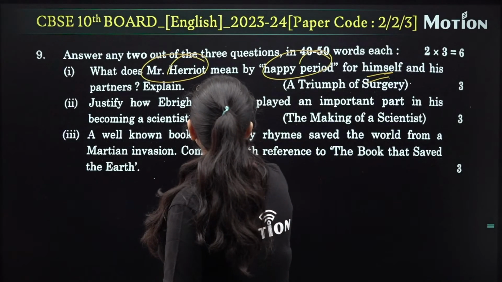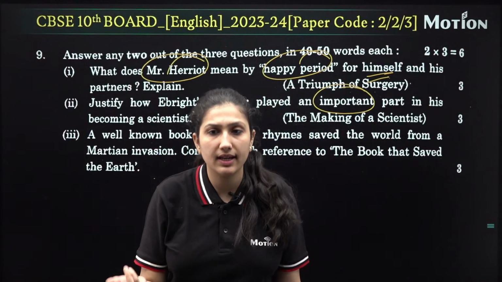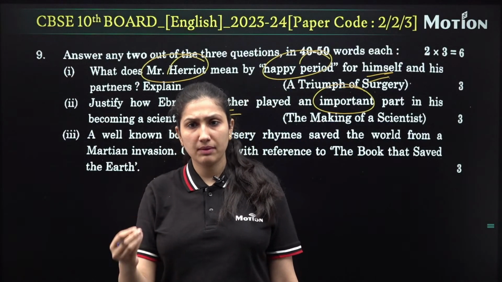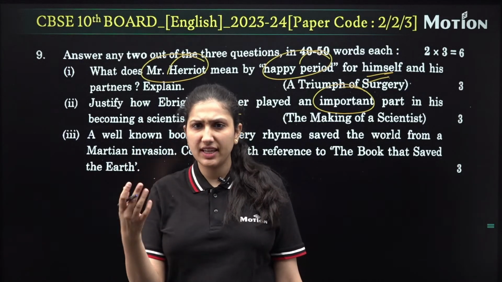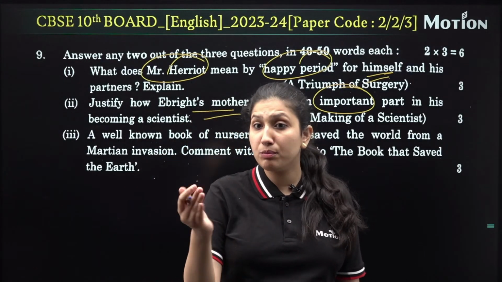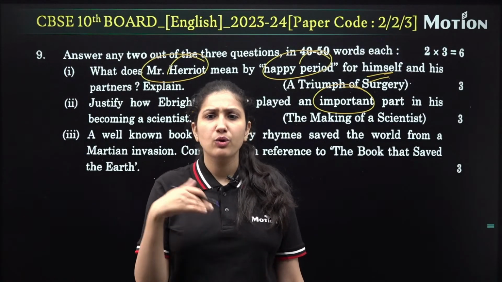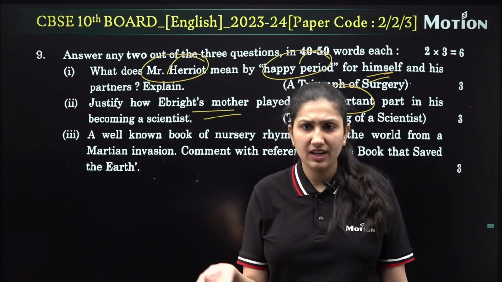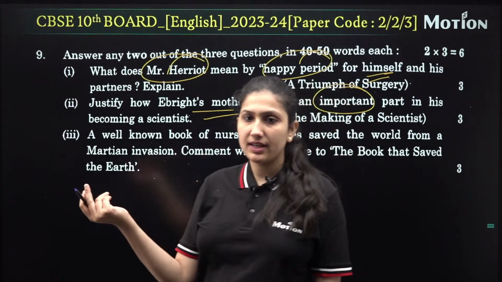Justify how Ebright's mother played an important role. बिल्कुल, Ebright की mother ने बहुत important role play करा है. बचपन से ही वो अपने बच्चे को जो activities में involve रखा. Then she brought so many things so he used to be involved all over there, and more important, the book which he got, the book of Monarch, उससे उसकी life में transformation आया. So he was into research and all these things, and then उसकी theory आ गई थी.